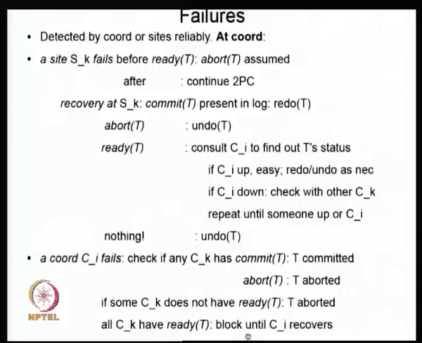Normally it is generally believed that these situations are a bit rare. That's why most systems still use two-phase commit. If this is often, then it's a very bad situation. For example, suppose there is a database system with multiple sites, and the coordinator fails, and the system cannot come up for 2 days at a time, or 1 day. Then not only this transaction, but other transactions connected with it may also have to hang till that particular site comes up. This is considered problematic in those kinds of situations, but often it's not that bad. Therefore, most people often use two-phase commit.